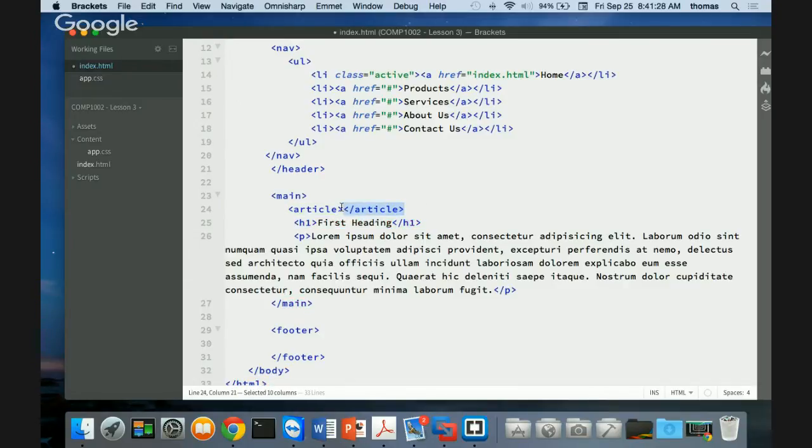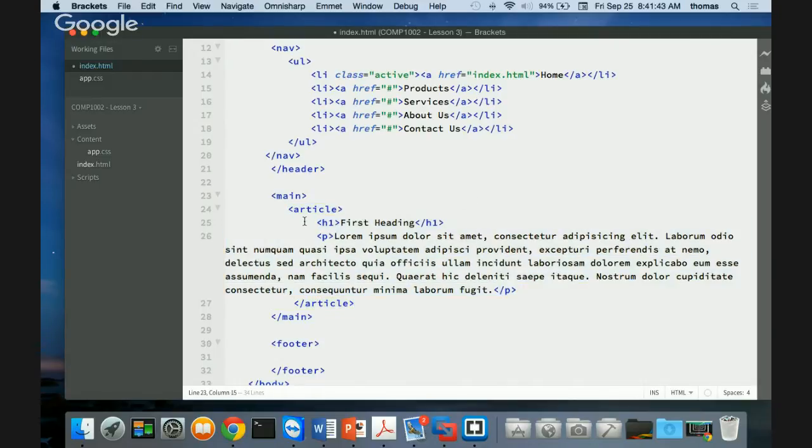I'm just going to cut the ending off this one and put it on the bottom, but it's still inside my main, right? So I'm going to pop it over here. Sometimes formatting is a very important thing for us because we want to organize things. So I'm just going to indent. I like my indentation here. One thing with Microsoft, if you ever use Microsoft Visual Studio, is it does all this indenting for you a lot of times, right? So just put this in our article, and maybe I want to make a class